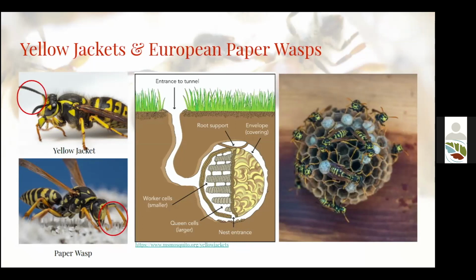So female yellow jackets, the queens, will burrow underground. They'll find usually an abandoned rodent den or some other hollow cavity to take advantage of underground. And then they'll start building these elaborate and large paper nests where they'll be developing their young. They're usually quite a large colony, but they are seasonal. And so by the end of the season, they'll raise many virgin queens that will go out, mate, and then hibernate through the winter to come out in the spring to start the